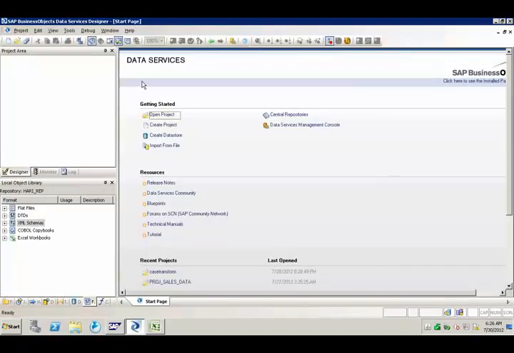So the first point is, if you want to perform an XML extraction, we have to have two files. Number one is the structure file. Number two is the actual data file. If the structure file is in DTD format, then we will create a DTD. If the structure is in XML schema or XSD format, then we will create an XML schema.